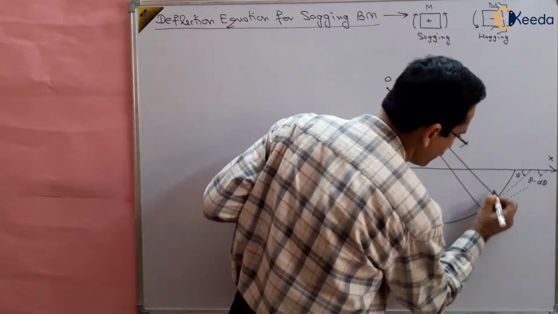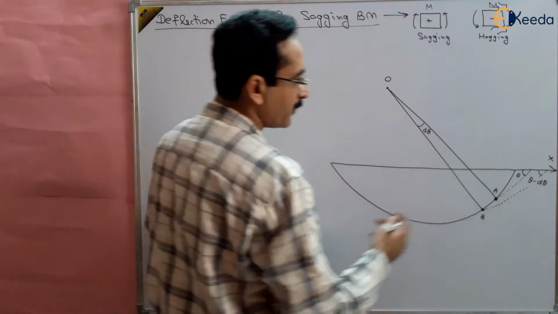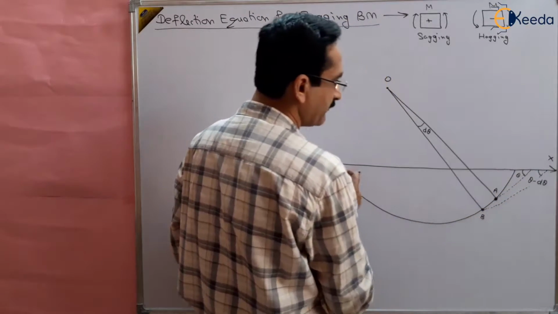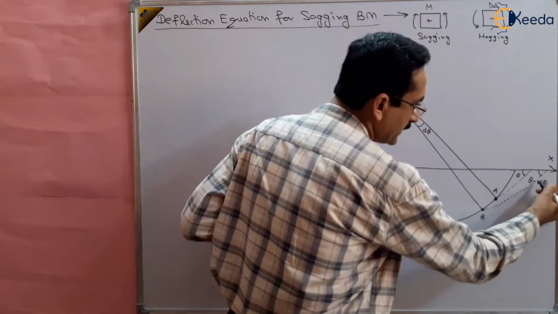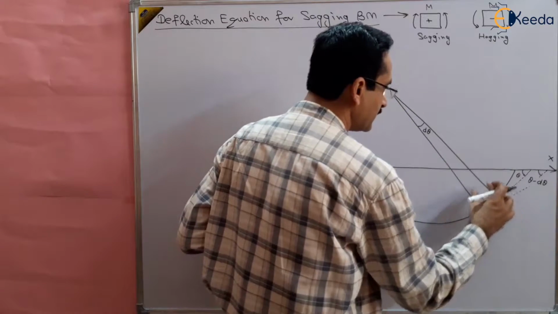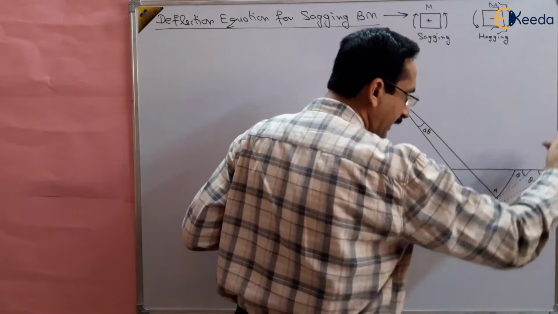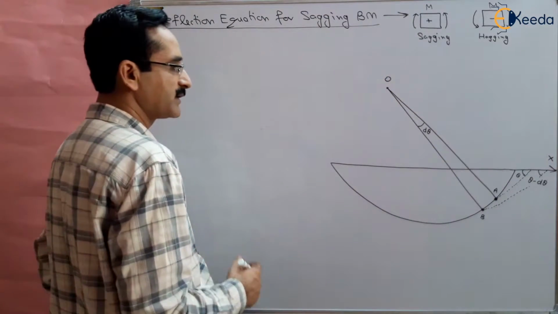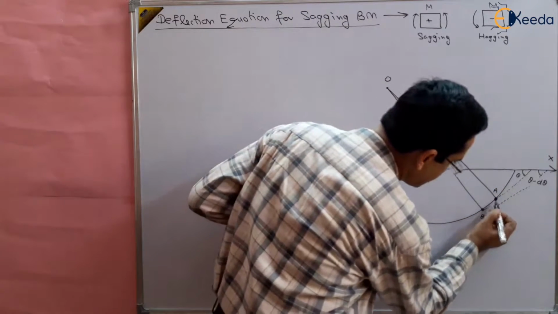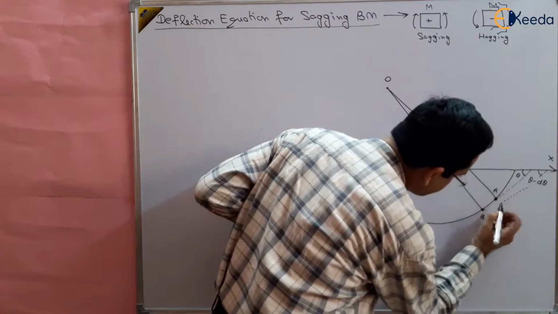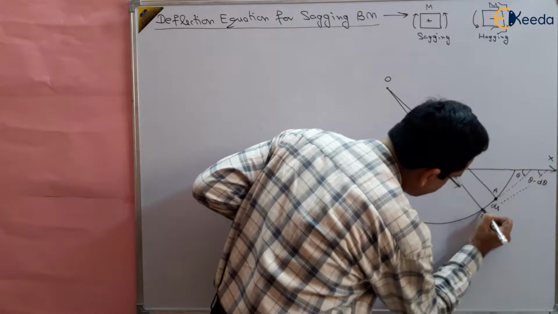So this is our initial point, suppose point A, and this is our point B. When we move from A to B on the deflection curve, the angle on the x-axis changes from theta to theta minus d theta, because this angle is d theta. So as we move forward, the angle goes on reducing. This small arc is nearly equal to a straight line, and suppose this straight line is given by ds.